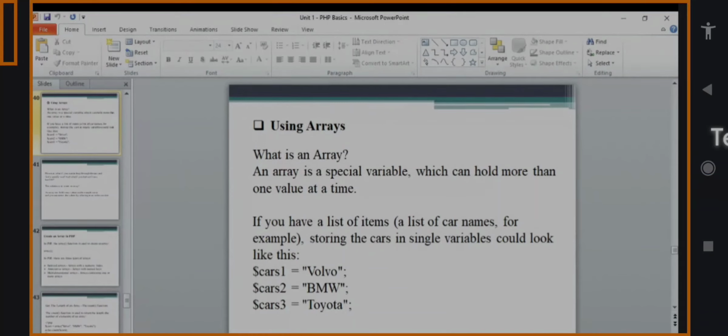Anyone? Why are we using an array in a program?